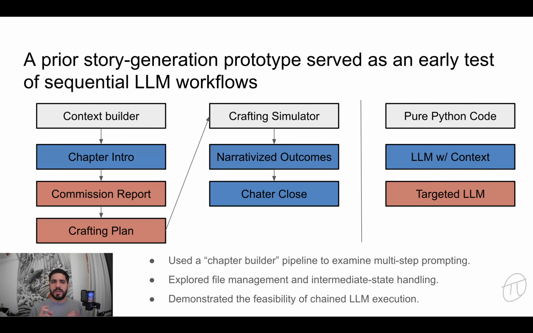The important thing here, though, you can see on the right hand side of the slide is the kinds of modules that got built. And I split those up into three things, which were pure Python code, LLM with context, and targeted LLMs. Now, the first, pure Python code, is basically file management,